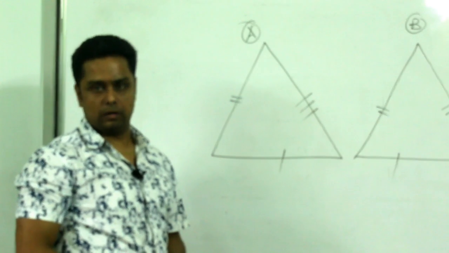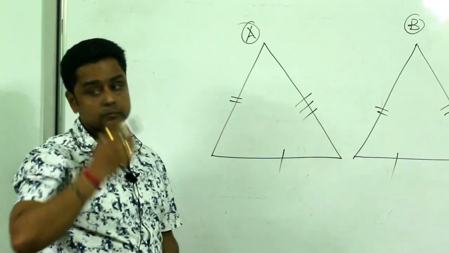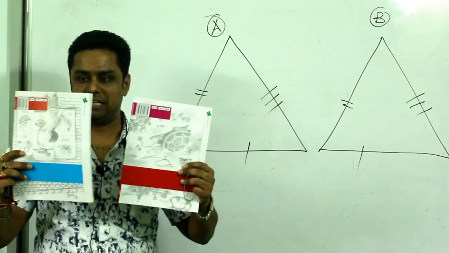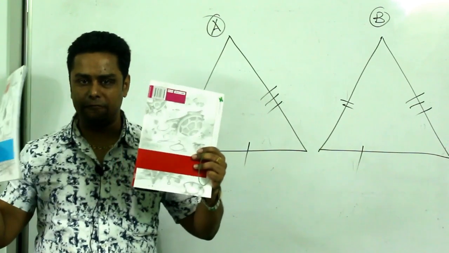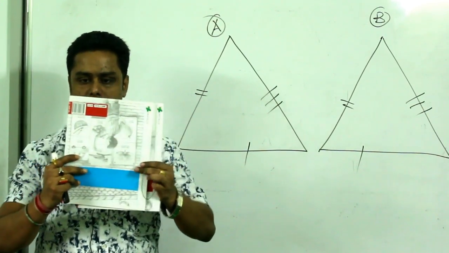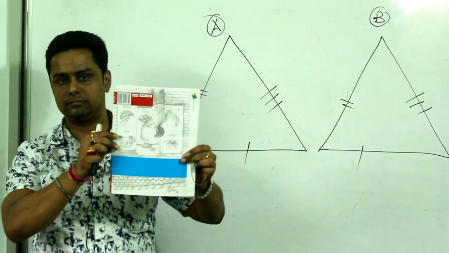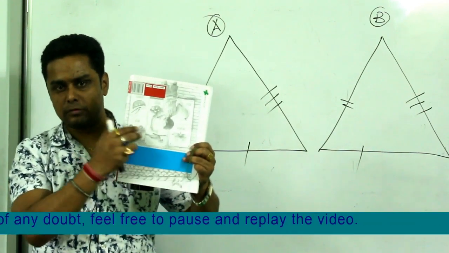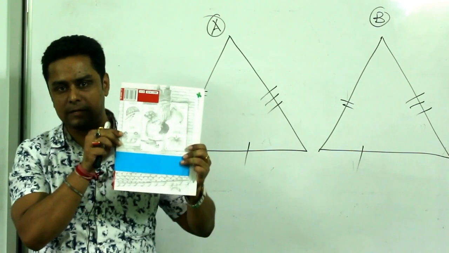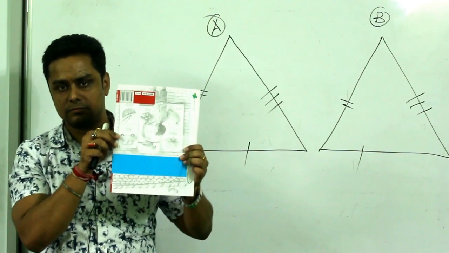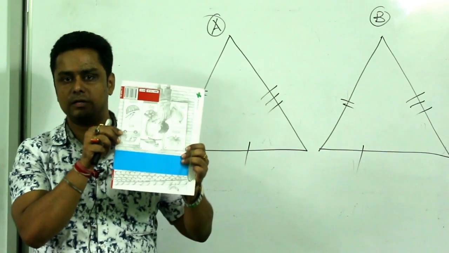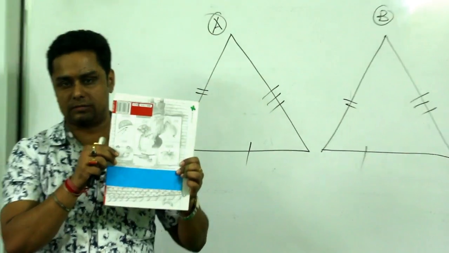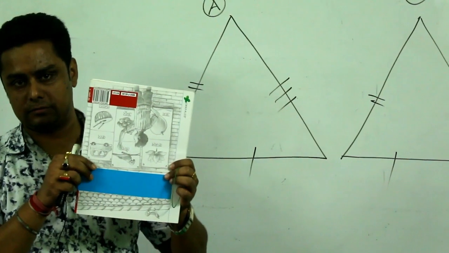What is meant by equal? Congruence. If I say these two figures are congruent, they have same length, same breadth. Now if I put it together, they superimpose each other. Did you notice? Can you see this book? Only you can see this book. That means they both are same in shape, size, dimensions. Is it okay, Raj? These two books are same. That means they are congruent figures. We say them congruent figures.